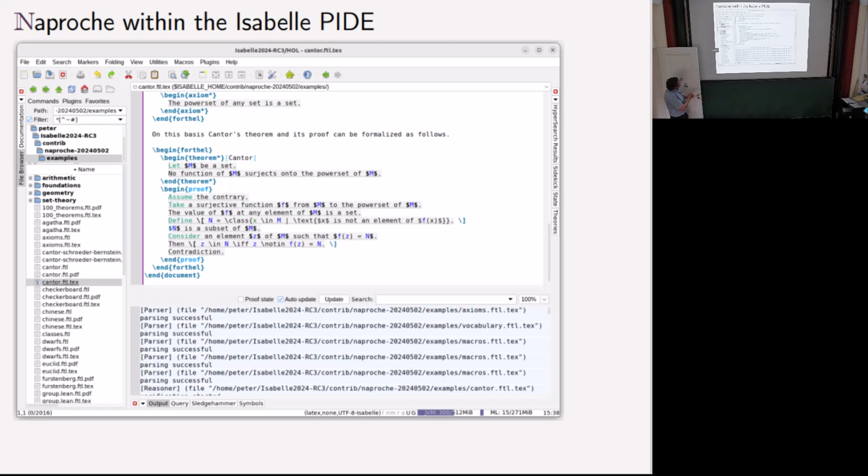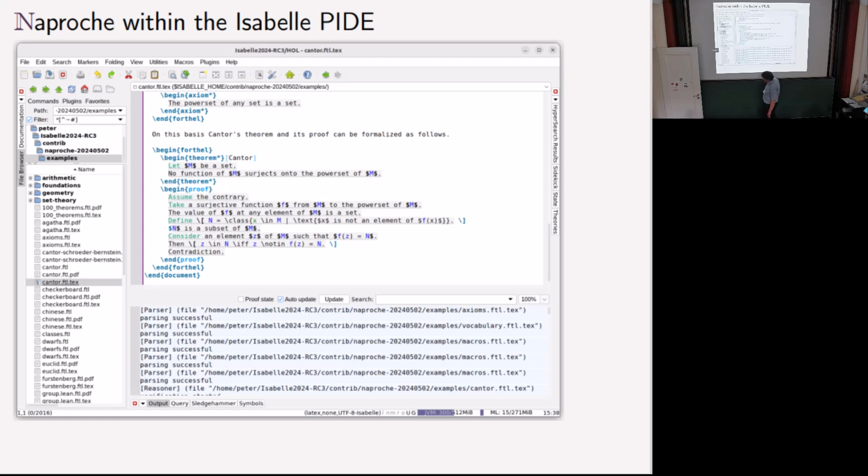So what we have here is a file which is called, you can see it right up there, cantor.ftl.tex. If the standard Isabelle these days has in its editor an ftl.tex file, then it starts the checking, which you can, for example, observe in the output window here.